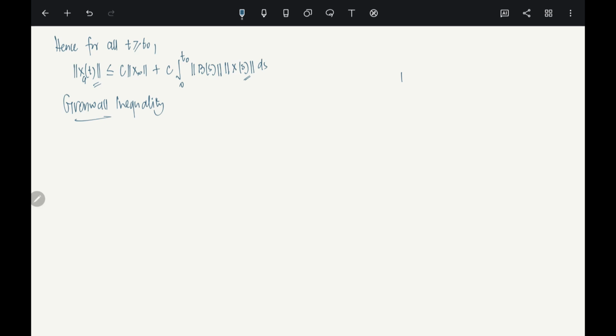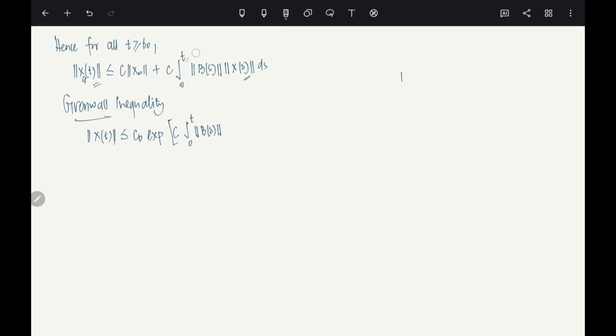So basically if I have to take x out, you can actually use Gronwall. If you use Gronwall, that will give you x of t is dominated by some constant c naught times exponential of c times the integral from 0 to t of the norm of b of s